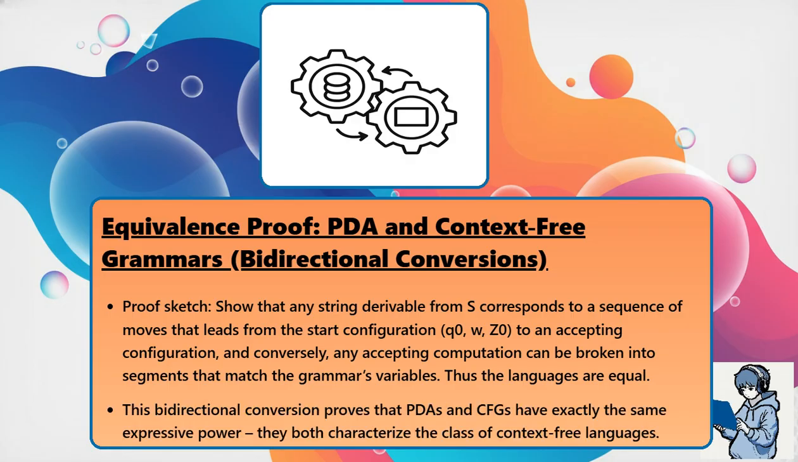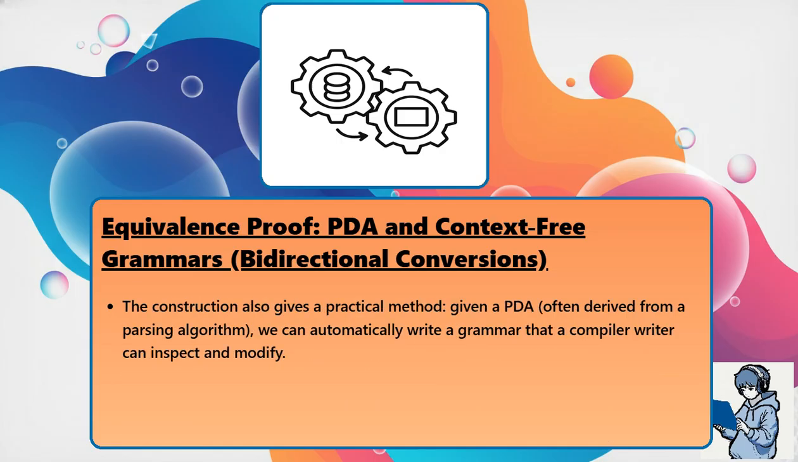This bidirectional conversion proves that PDAs and CFGs have exactly the same expressive power. They both characterize the class of context-free languages. The construction also gives a practical method. Given a PDA, often derived from a parsing algorithm, we can automatically write a grammar that a compiler writer can